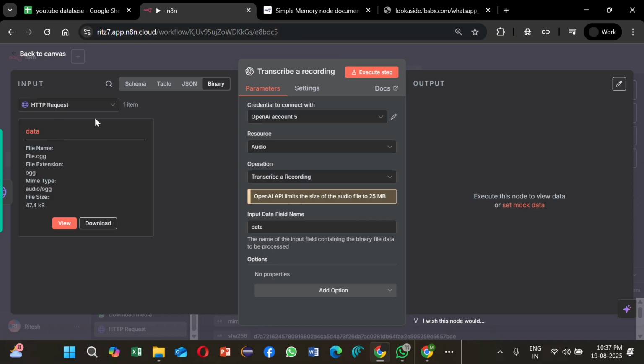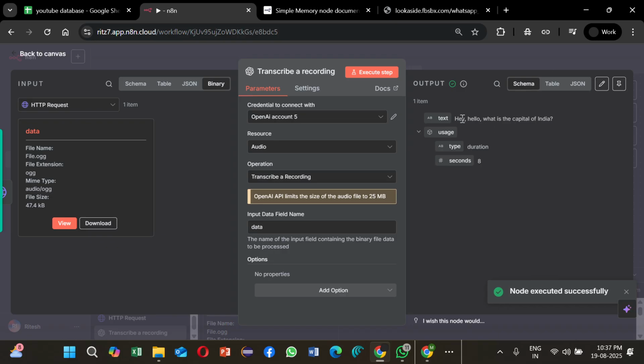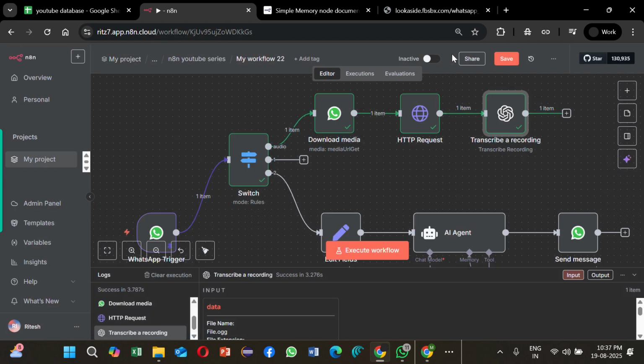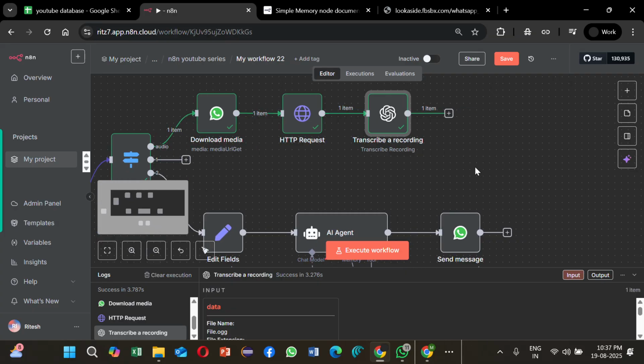In the previous step, in the HTTP request, we get a binary file with name data. So let's execute this. Yeah, hey, hello, what is the capital of India? Now we got the exact voice output, and